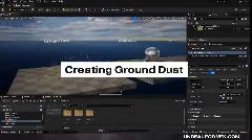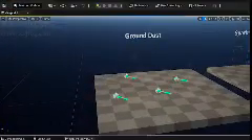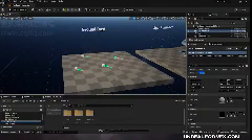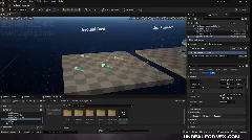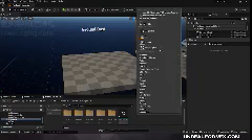Now, next to our spark impacts, we also have these ground dusts set up, and these ground dusts are emitting a constant flow of particles. This can be really useful to have effects like this in your scene that never run out, like an infinite fog machine that's going to keep playing back and add interesting movement into your shot. And now let's quickly go step by step and create one completely from scratch, not even using a template